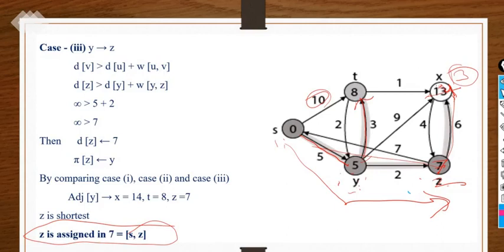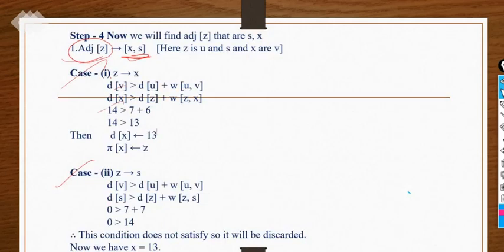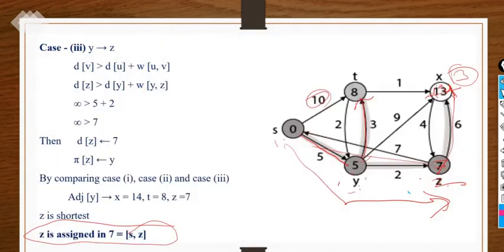So at each and every step we have to check and find out the value and replace it. When we are getting the lesser value, then replace that value. If you are getting the greater value, then no need to change the value. Whatever is the previous value, leave it as it is, right? So in the fourth step, we are getting 13. Now we have to replace this value 14 with 13 as we have replaced here, right?